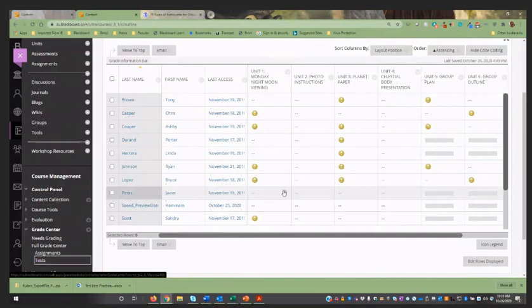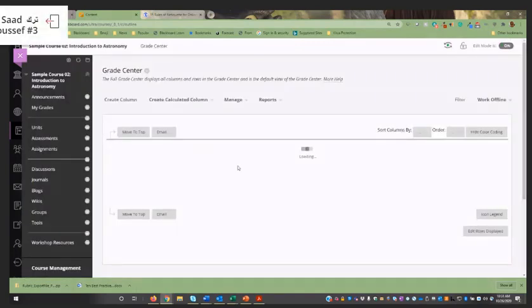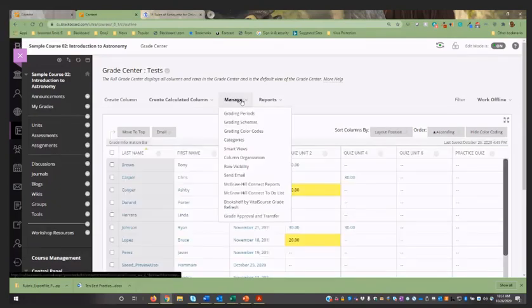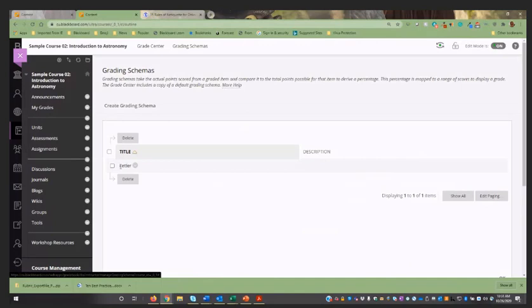Favorite part of the Grade Center is going to be this manage area. Go back up again. So in the manage area, I can look at grading periods. So I can have first 9 weeks, second 9 weeks. I can look at the grade schema. If it's different for every class, I can go in here and create the grade schema for this class. So I can go in here and edit it